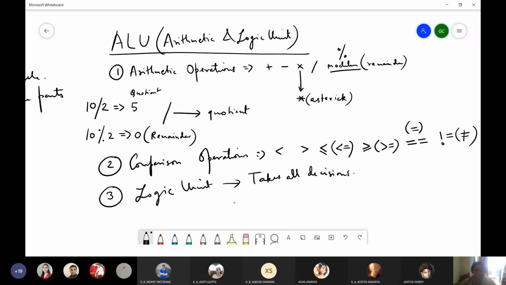All sorts of decisions are taken by the logic unit. If I do this, what will happen? Or if the condition is this, do this. If it's raining, carry an umbrella with you, else just enjoy the weather, right? So depending upon a particular situation, some decision will be taken. There are numerous such cases, and almost all programs in this world require taking decisions.